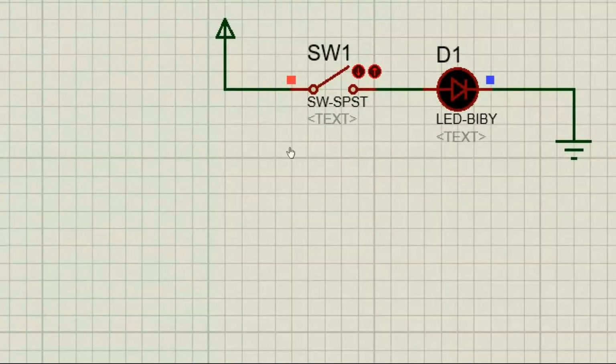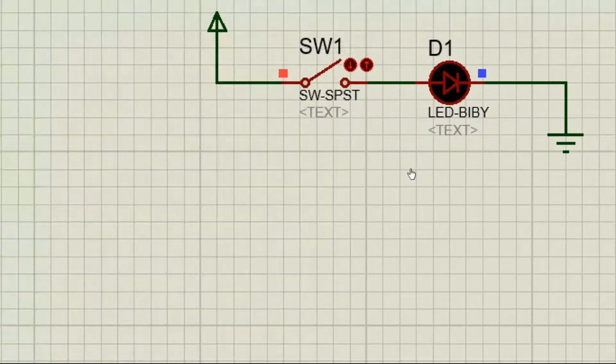And over here, the red colored square box refers to logic 1, and the blue colored square box refers to logic 0 or the ground. Now here this LED is not glowing because this circuit is not complete, because this SPST switch is in open condition. And if I want this LED to glow or the circuit to get completed, all I got to do is close this switch. Just by left clicking on this switch, I can have this LED glowing. And if I want to remove this connection, I can do so by again left clicking on this. It is as simple as that.